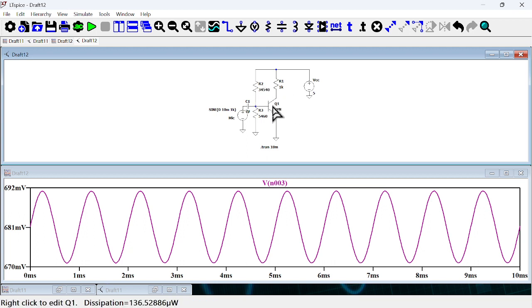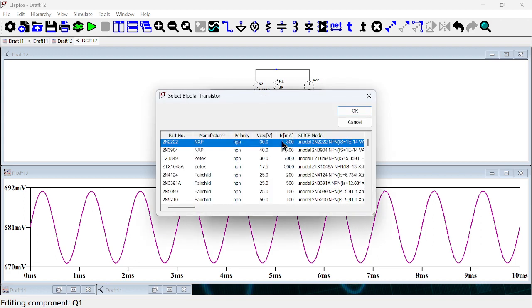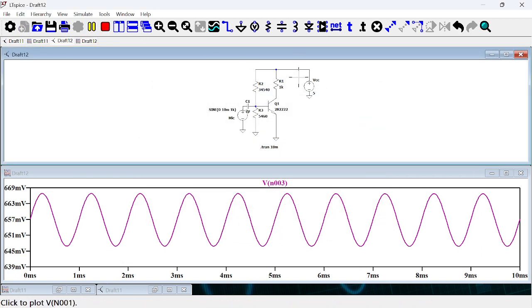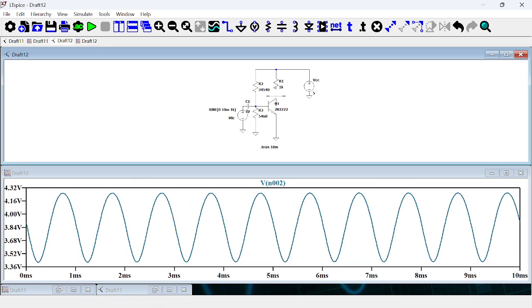Okay, so sorry, I always make this mistake. We should select this transistor to get the right values. So hopefully the issue was with the transistor. And yes, now we have something meaningful. So if I take the center voltage now, the center voltage